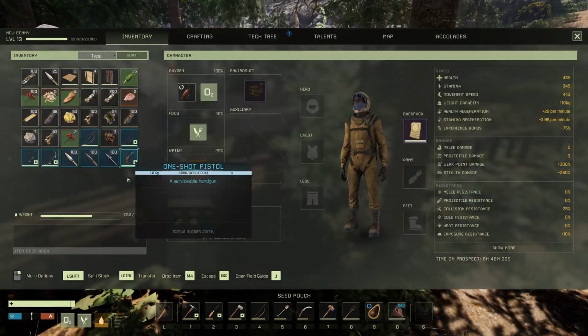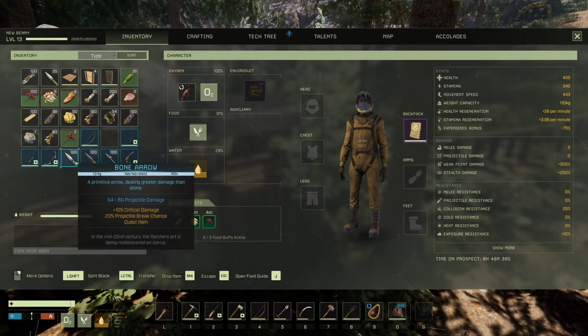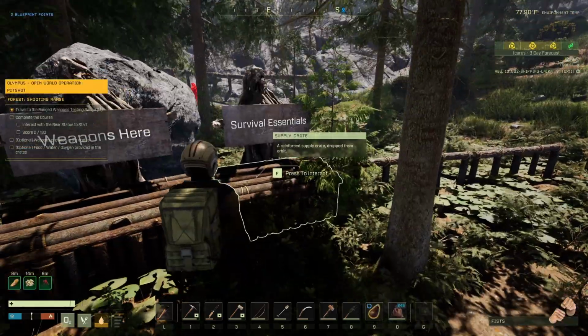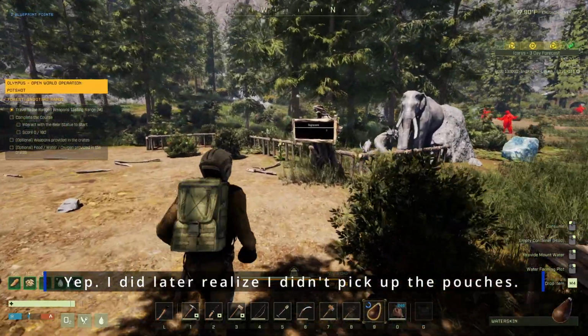Now, I've got way too much stuff on me here. I'm going to ditch these spoiled plants. We're going to consume both of those. Let's get a drink of water here. Okay, now,